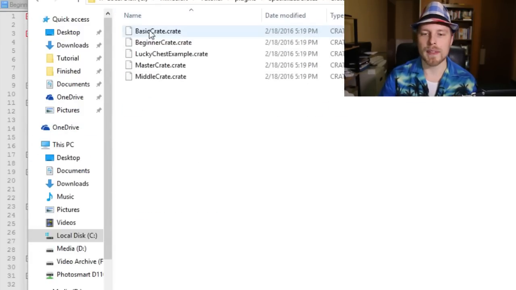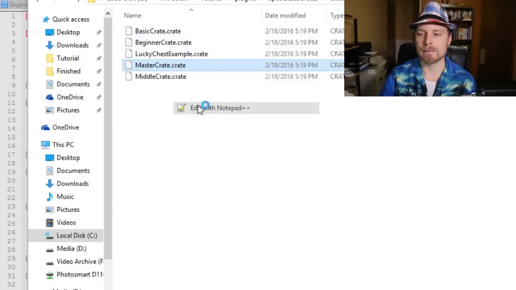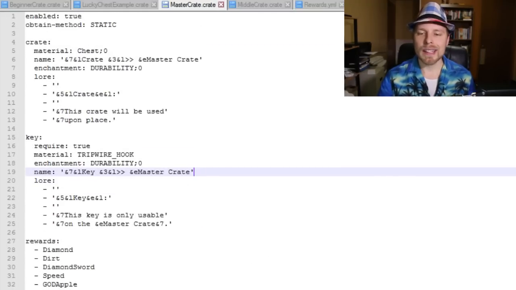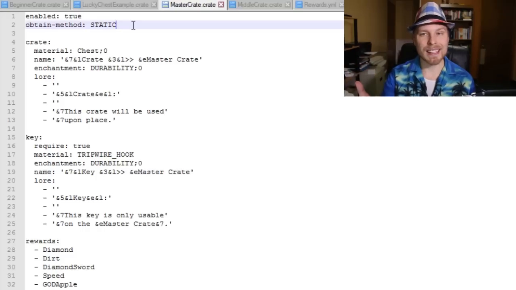We're going to go big and we're going to open up the master crate. So this one stayed there. Now, the formatting on all this is, I think, YAML, but I'm not sure. So we're going to have this enabled for true, obtain method static. That means that the chest will remain there after people open it, doesn't just disappear. So an admin would place it there and then the users would go up to it and open it with